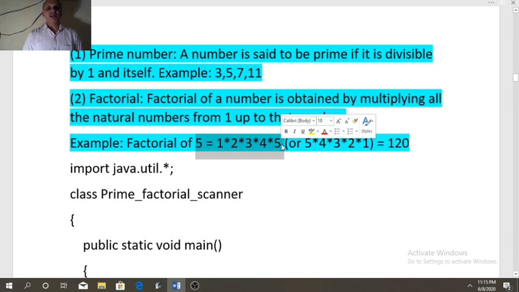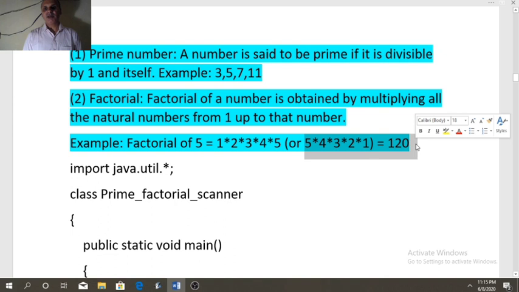In that case, we need to multiply all the numbers from 1 up to 5. This multiplication can be done in two ways. In ascending order, 1, 2, 3, 4, 5 can be multiplied, or in descending order, 5, 4, 3, 2, 1 can be multiplied. In both cases, we will get the same result.